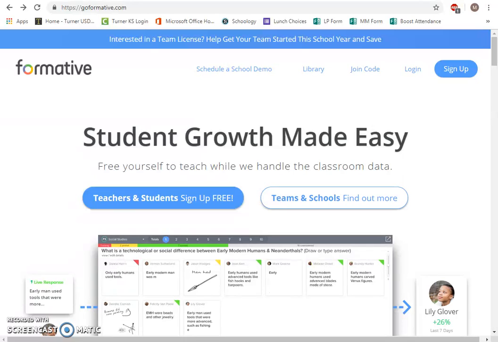You can see their screens no matter what device they're on, so that you can monitor as they're answering and intervene as it's going. It is a great tool for data-driven assessments, and I would use the video and this tool with coworkers, but obviously the implementation would be for students within a unit, and you can use it for formative or summative assessments. Obviously, with the title Go Formative, it's meant for formative, but it could be used at the end of a